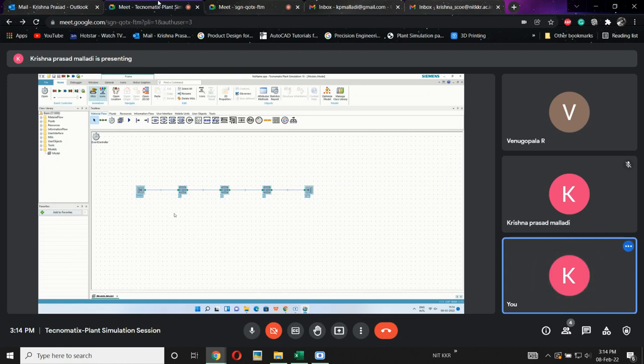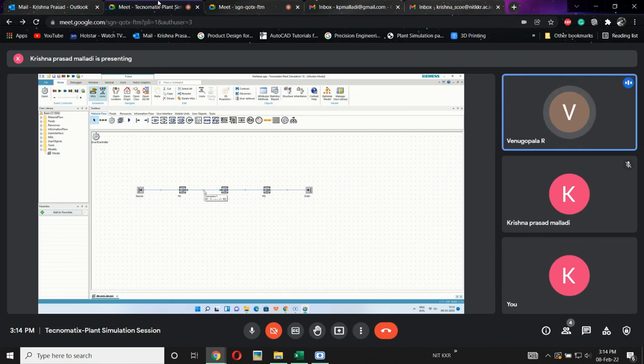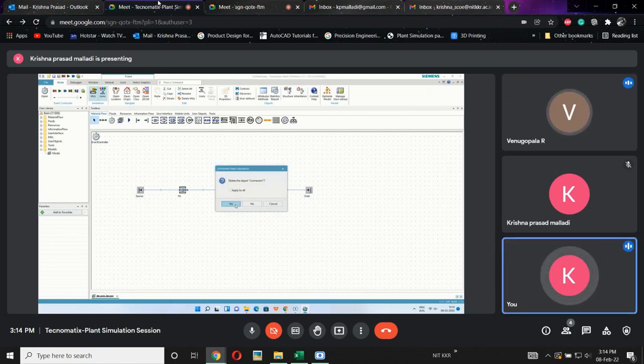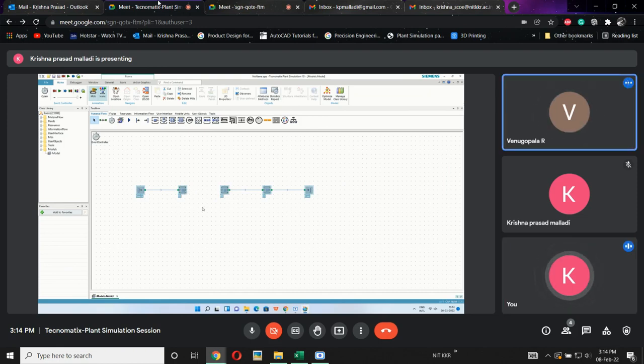If suppose the connector has not connected from one machine to another machine, that is what I am saying. Now I am deleting this one. See, I am trying to showcase it. Now there will be only these two. There is no green button here. There is no connectivity line here. The connector is there.